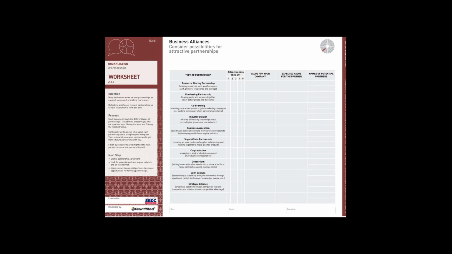So you can think about a specific person, but it's better if you think about what the need is first. So let's just look at this. So, one thing is resource sharing. So this is put at the top partly because it's one of the most available and popular ways of looking at partnerships. There is the idea of having a shared space where you share resources like phones or storage, printers, maybe an office staff person.